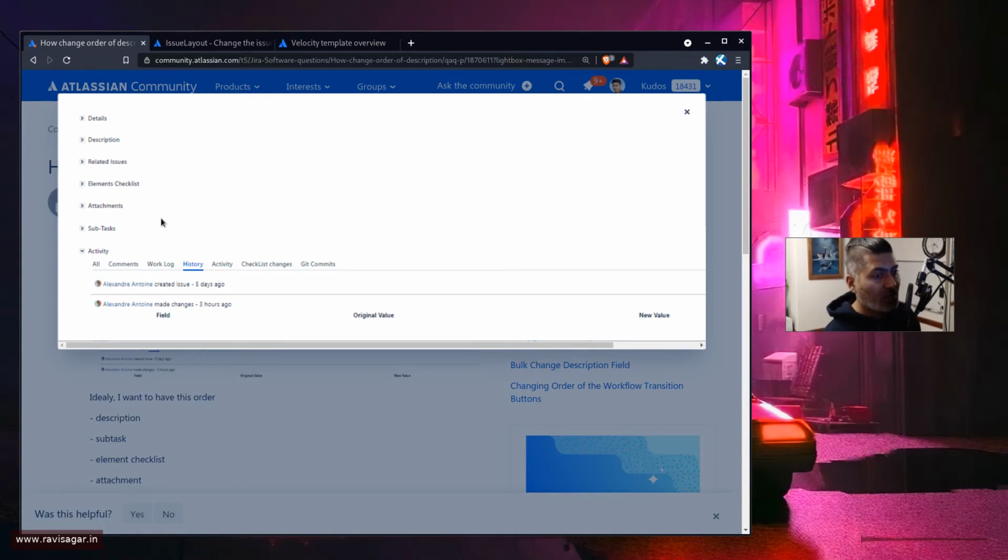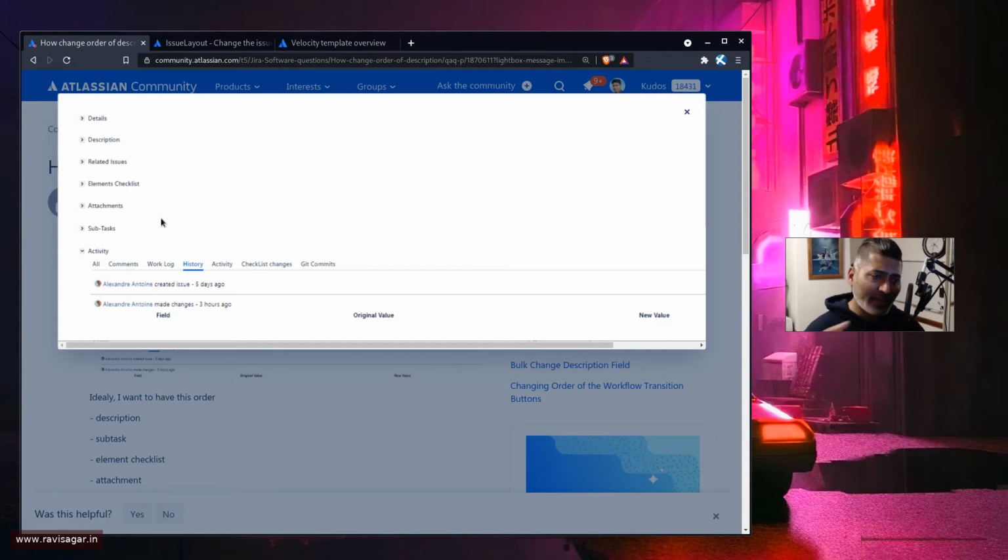But as long as you are keeping a track of which file to modify, and whenever there is a new version of Jira, whenever you do an upgrade, those all templates will get overwritten, and you need to basically redo those changes manually. I mean, you can't really merge those old template with a new one, because the new template file will have some additional changes that are needed in the new version of Jira. But you can always remodify the template yourself, and of course, do it on a test environment. But again, only do it if you're super comfortable doing these things, because it is like doing some hacks.